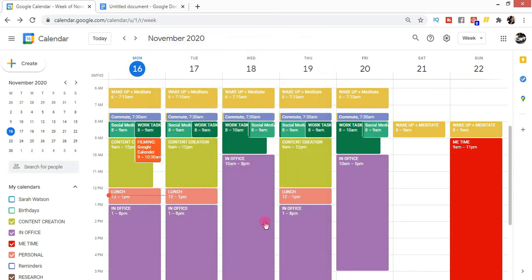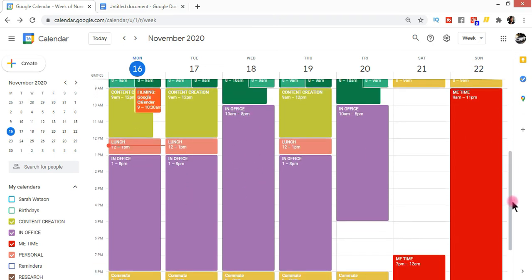Your in-office time, for me, my clients' appointments go in here, so I would literally just block in my clients' appointments. If someone's coming in from 10 to 11, I'd put that in. That I don't typically have to do myself because I have synced Acuity, which is my online scheduling and booking system, with my Google Calendar. So when someone goes to my website and books an appointment, as soon as it's booked, it's put directly into